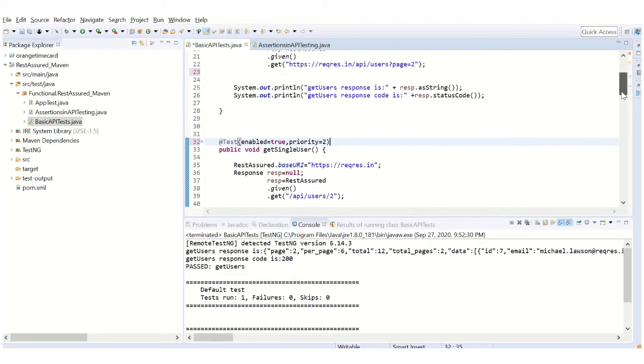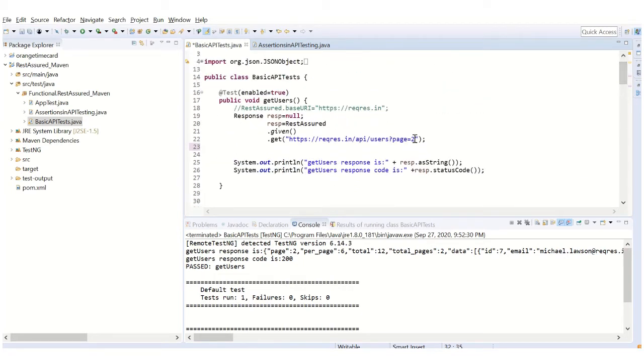So if you notice carefully, this is the entire URI, and the URI itself has two elements in it. One is the base URI, which is this one, and the rest of the part is specific to that particular API. So this is the basic structure of an API, but you can still use the get method this way as well.